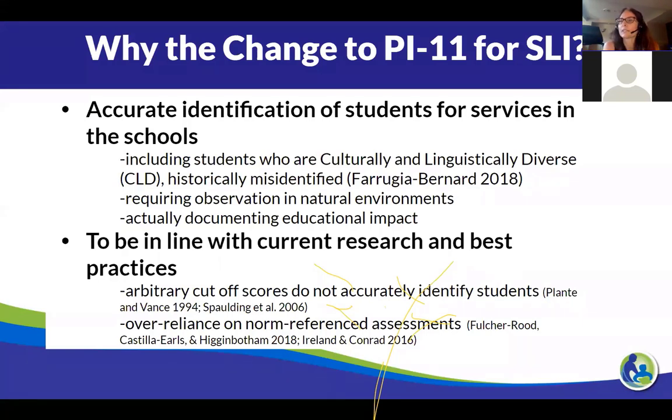And so we have two goals with the rule change. We hope that there's more accurate identification of students for services in schools. And we're making an effort to be in line with current research and best practice. And if you look at those bullet points under the second